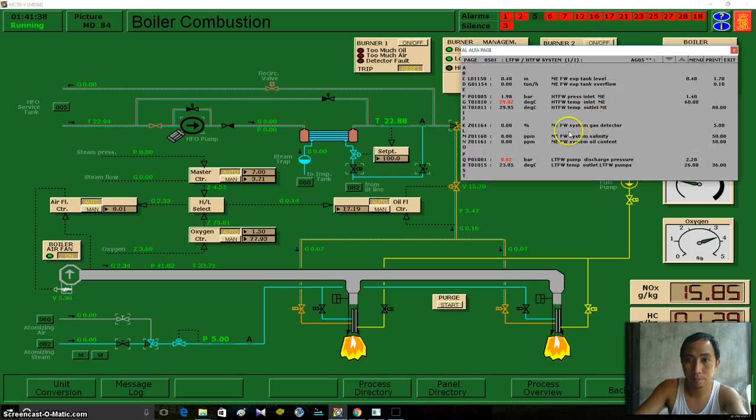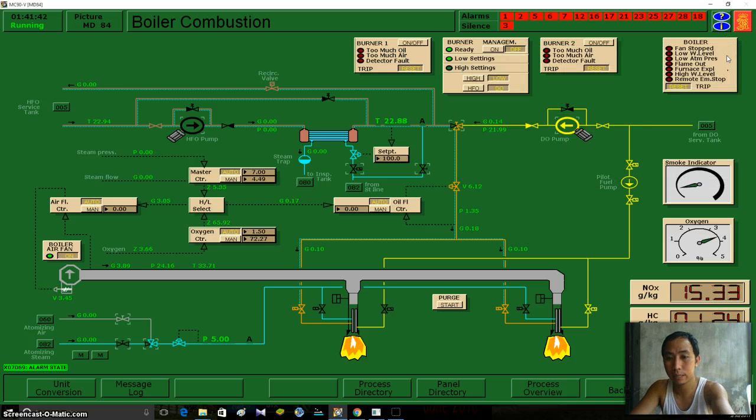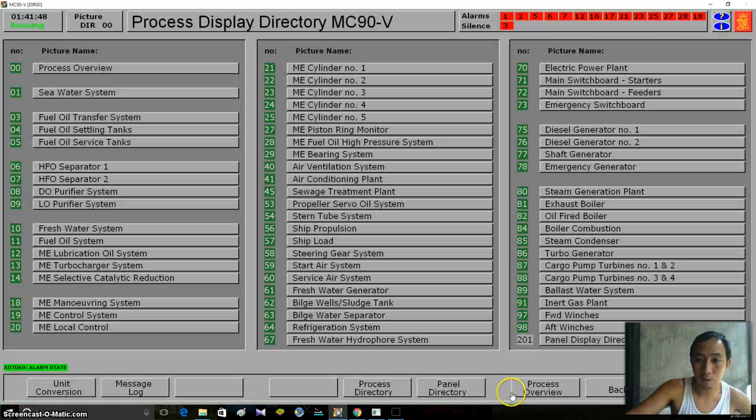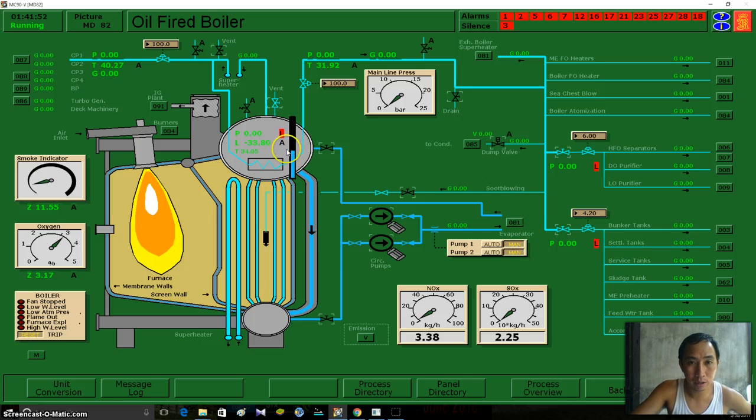Okay. It's okay. Now we have our boiler running. We're going back. So home, oil-fired boiler, low pressure. Okay, since